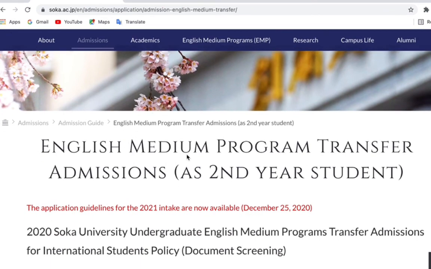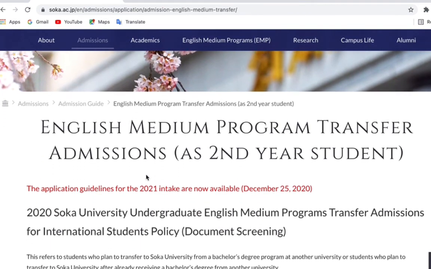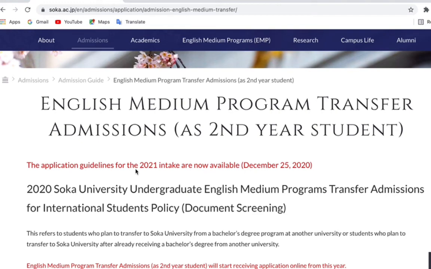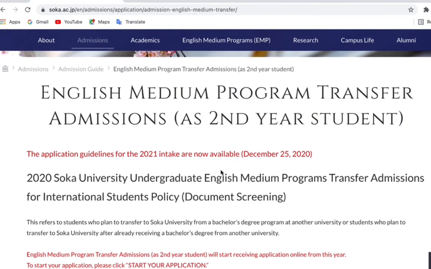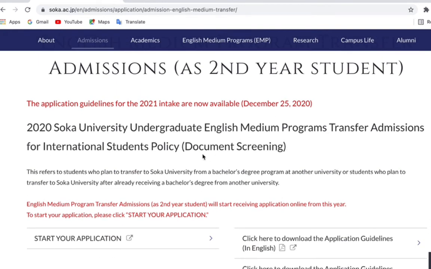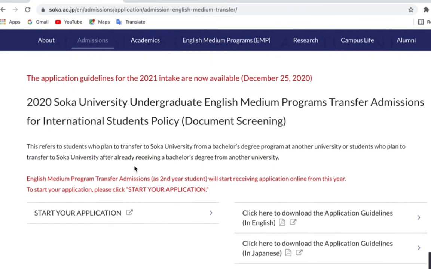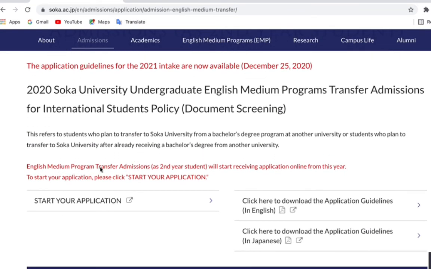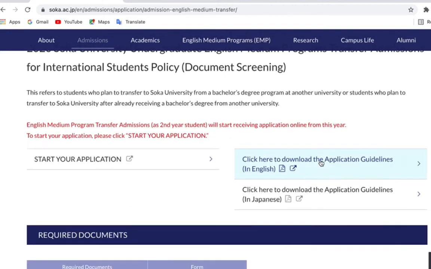So English medium program transfer admissions. Application guidelines for 2021 intake are now available. Okay. Oh, this was from December 25th. I don't know if it's still open until now. But anyway, let's see. So English medium program transfer admissions as second year students will start receiving applications online from this year. So let's look at,